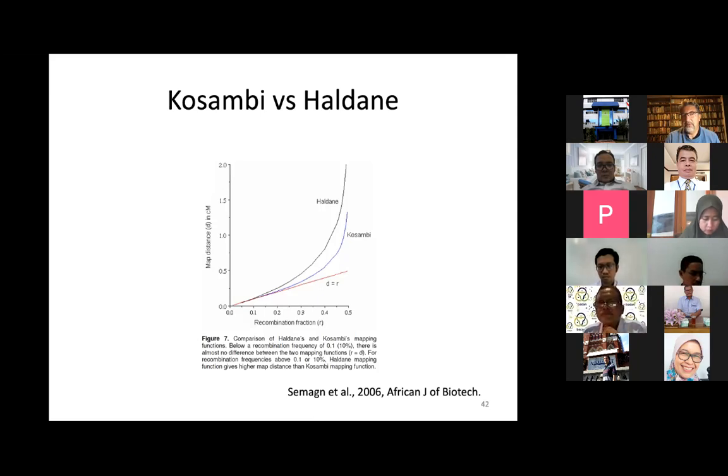You only have to be aware that when you use Haldane, your estimation will be a little bit bigger. So it means that you will expect a recombination frequency, because